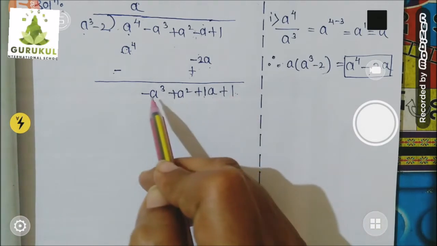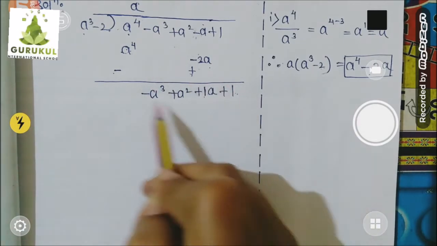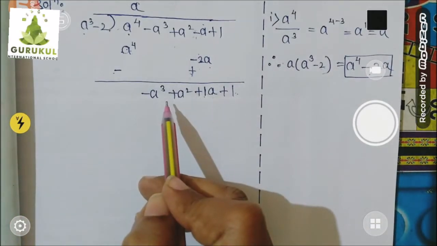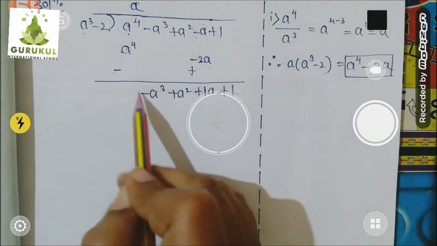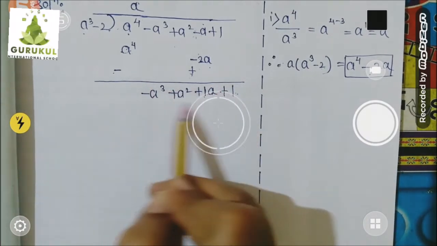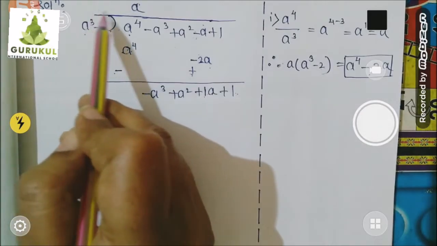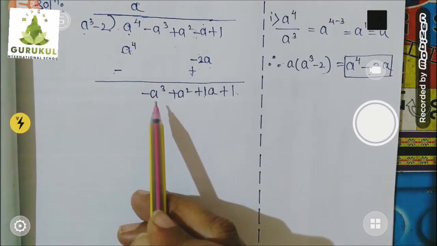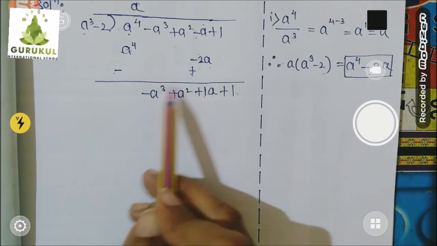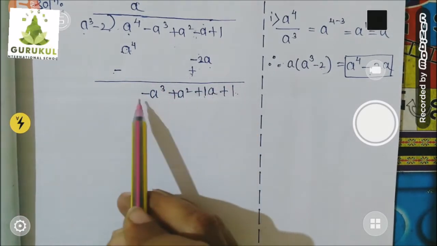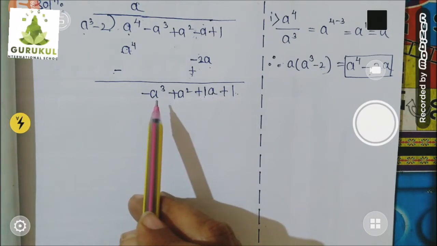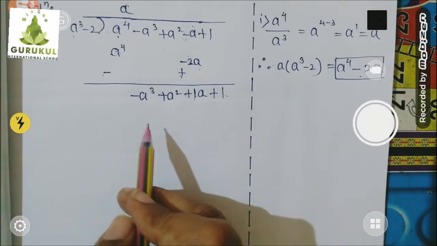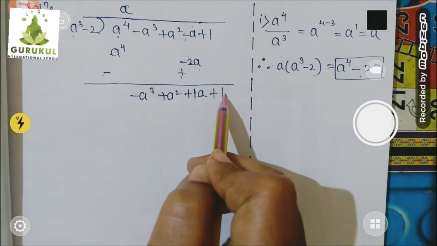Even you have to check, children, what is the degree of the remainder. If this is less than the degree of divisor, we have to stop. You remember that rule. So what is the highest power of this polynomial? 3. It means degree of this polynomial is 3. And what is the highest power of this polynomial? 3. So both the degrees are equal, so you can continue the division. If remainder's degree is less, then you have to stop. Always remember. Okay. So here both the degrees are equal, so you can continue the division. This is already arranged in descending order of power.